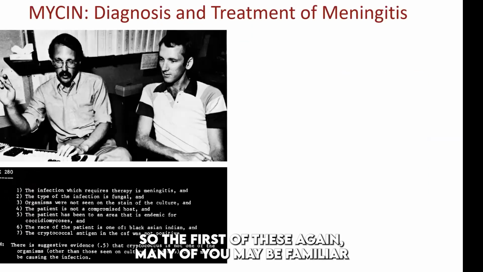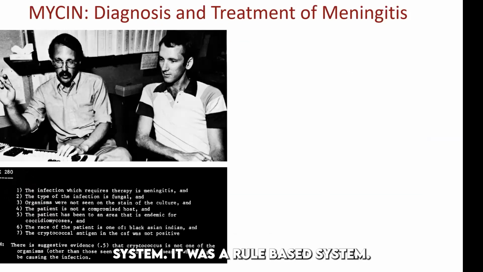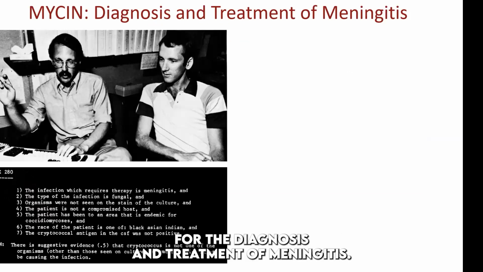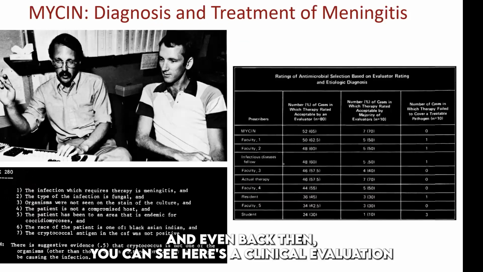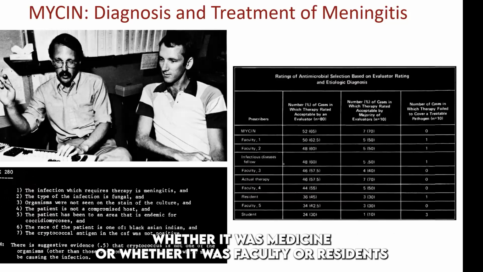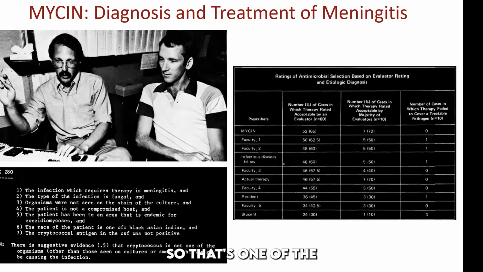So the first of these, again, many of you may be familiar with this, is MYCIN, which was an expert system or an AI system. It was a rule-based system. You see one of the rules here at the bottom left was designed for the diagnosis and treatment of meningitis. And even back then, you can see here's a clinical evaluation where we're comparing the number of cases where therapy was rated as acceptable, whether it was MYCIN or whether it was faculty or residents or students. You can see that the program was performing at a human level even back then. So that's one of the first